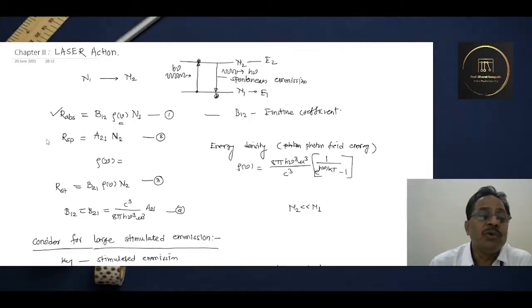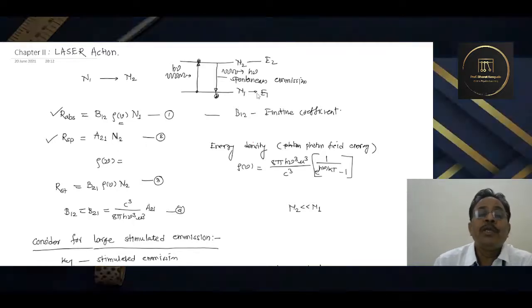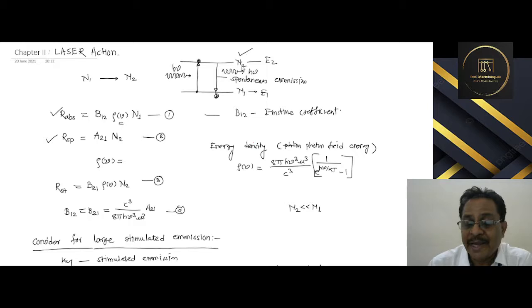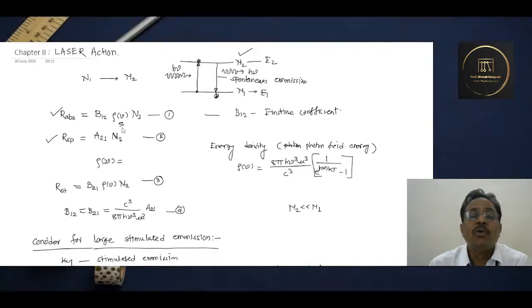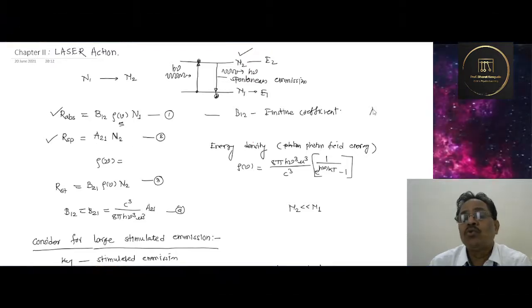For such a case, when we calculate RSP, the rate of spontaneous emission, it is found to be proportional only to the number of atoms in the excited state, N2. In this case, we do not require any external trigger. Therefore, factors like rho nu do not come into the picture, and RSP is directly proportional to N2, wherein I can write another coefficient called A21. So A21 is another Einstein coefficient, for spontaneous emission.